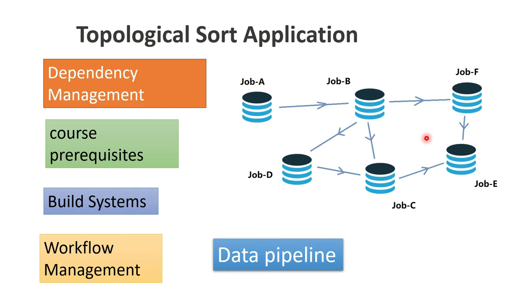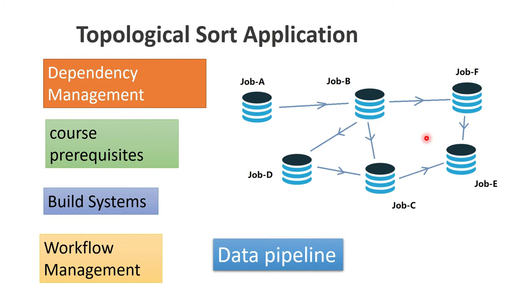Workflow management, same thing. If we have several jobs running and they have dependencies with each other, then how can we maintain their order, so that we don't have any dependency which can cause problems? If you have used the tool called Apache Airflow, if you see their dashboard, they're also probably using these things behind the scenes.